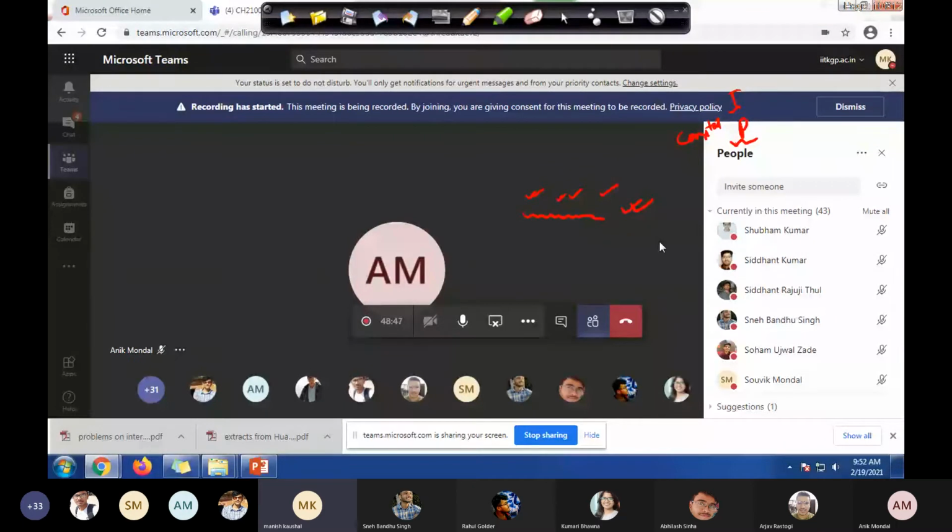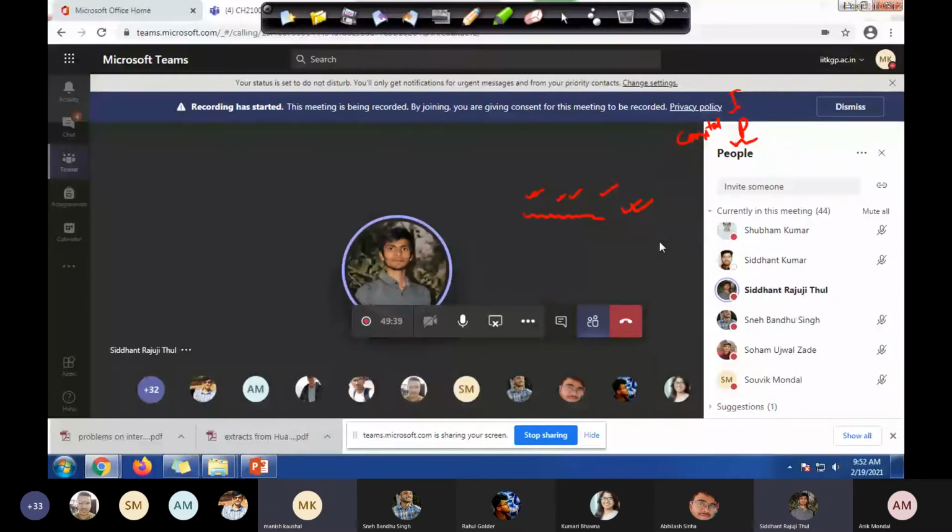Can anyone call these two guys, both Siddhant? Yes, sir, I'm calling. Yeah, please. Now one Siddhant Kumar is leaving, and then he will again join and say that there was an internet issue. And this Siddhant Rajoli. Yes, sir. Why are you not responding? Why are you responding so late? No, sir, I think there were two Siddhants, so I'm confused. No, I said both Siddhant respond. What is the confusion?